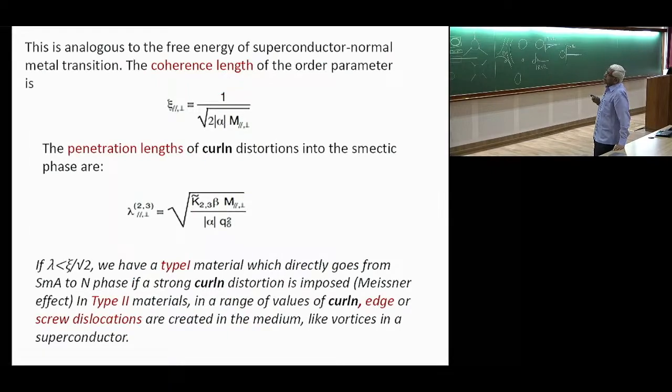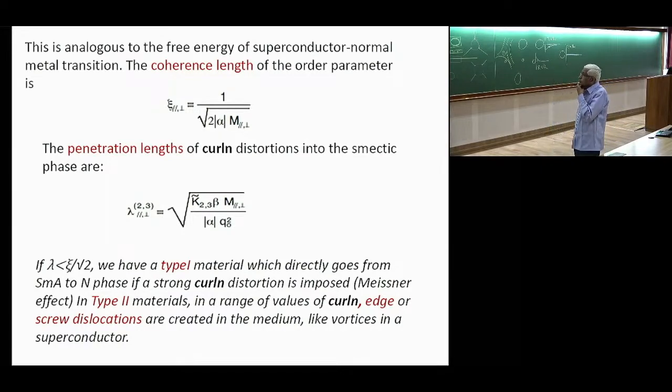Therefore, using this you can define two lengths. One is the coherence length of the order parameter, which comes out like this. This alpha is the coefficient of the quadratic term. And then the penetration length. I had defined a penetration length only for splay, but for the curl distortion, this is the penetration length. Both of them have square root of alpha in the denominator, so the ratio is independent of the temperature. If this lambda, which is the penetration length, is less than zeta by square root of 2, you call that a type 1 material,